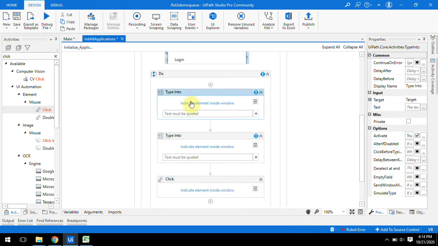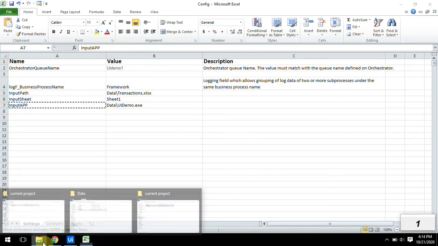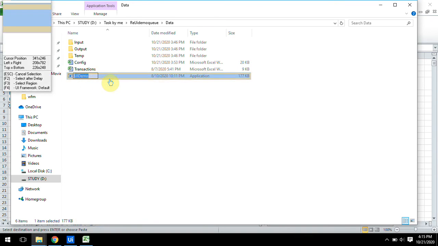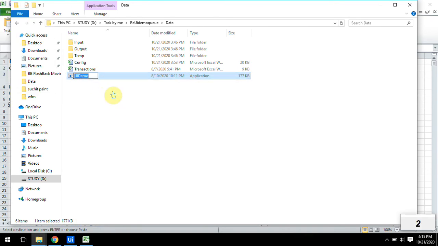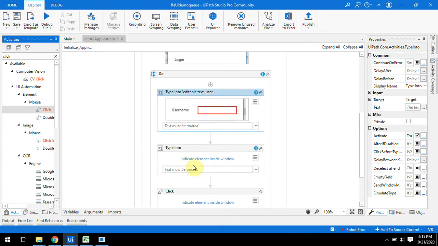Just click on the username field and simply type username as admin.